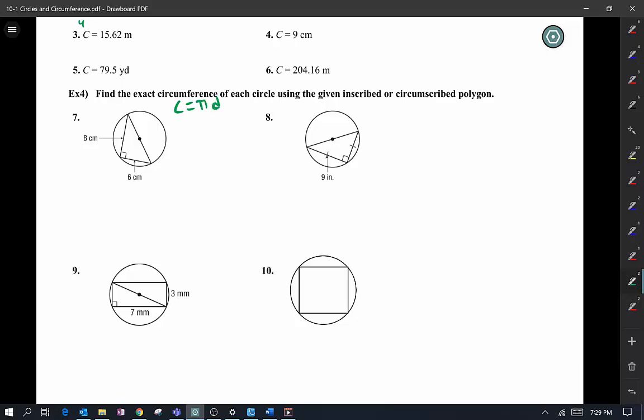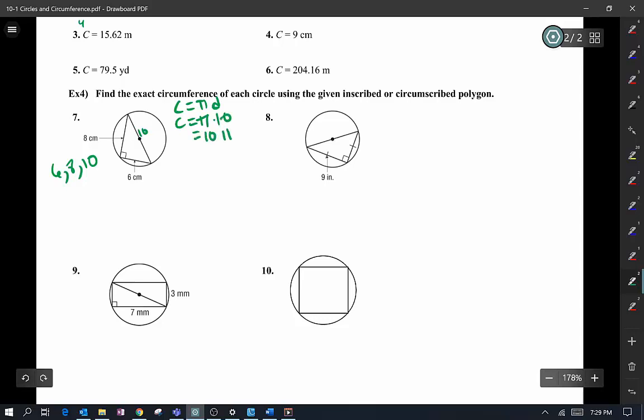Well, that's pretty easy because this is a right triangle. That's a 6, 8, and you should know your Pythagorean triples, right? 6, 8, 10. If you don't know your Pythagorean triples, try it out. 6 squared plus 8 squared is 10 squared. So we know this is 10, which means the circumference is pi times 10, or the best way to write